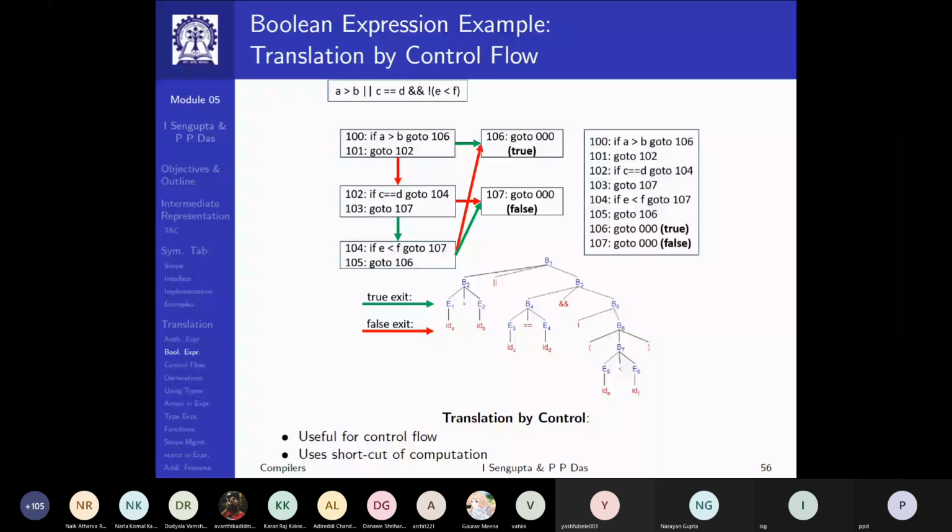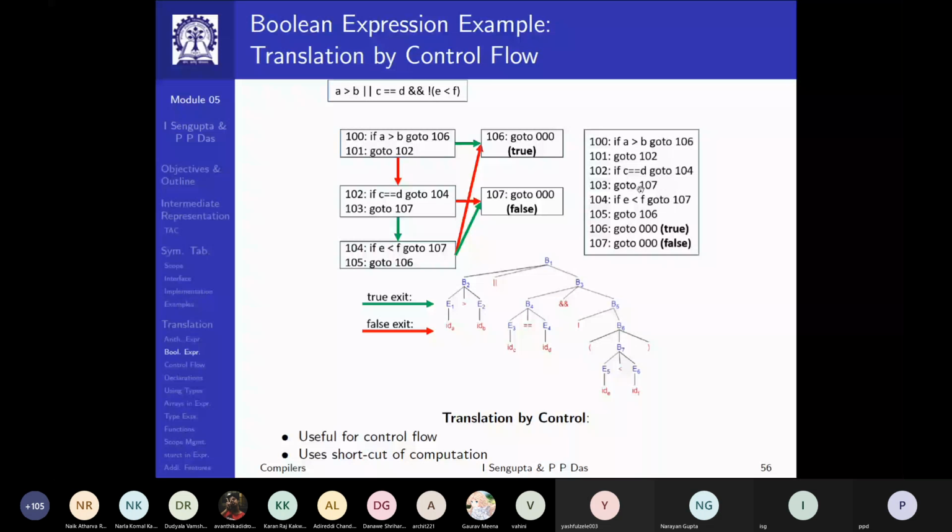For example, you can see here by this process, look at 101, the code is go to 102, and 102 is immediately the next statement. So this go to is obviously redundant. So you can simply remove this. Nothing changes. Now it's not very easy to immediately see that, but you can do that. That gets compacted. Now look at 102. This goes to 104. It jumps over one go to, and then 103 is go to 107.